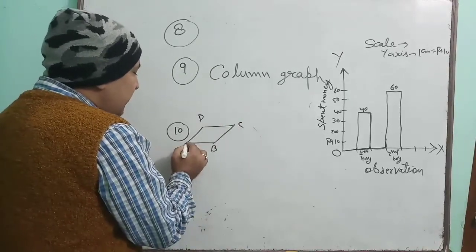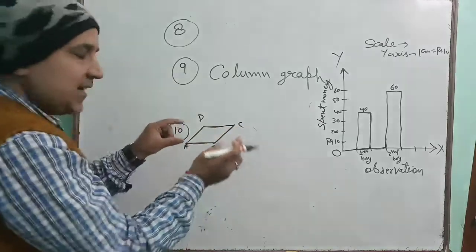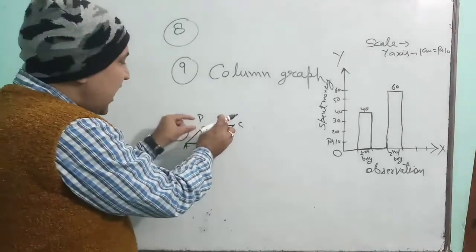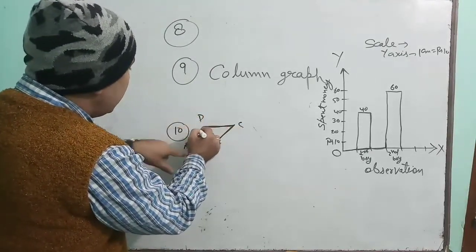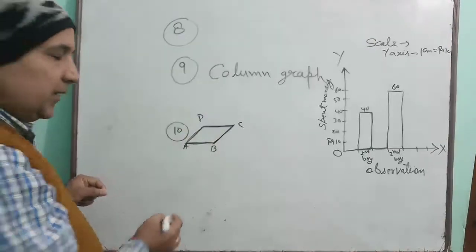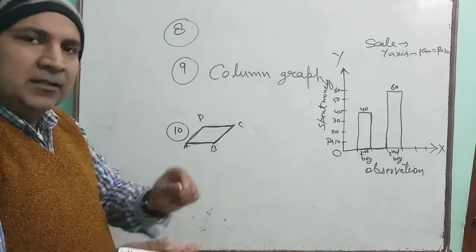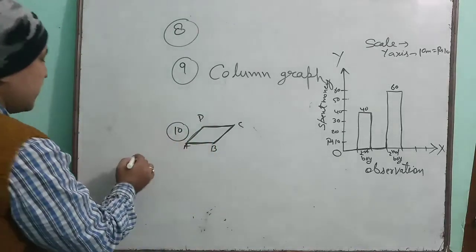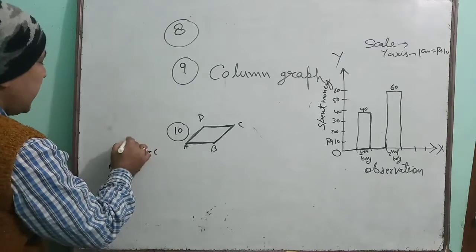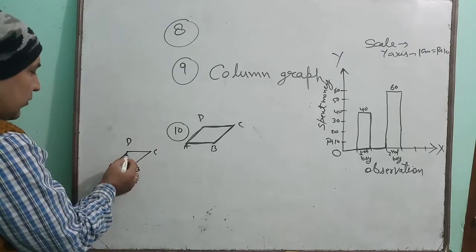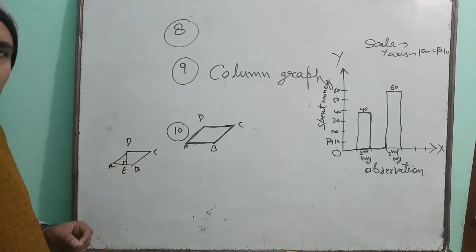With the help of a pencil, draw this parallelogram. Suppose here I have put that piece. After putting it, with the help of a pencil, you will draw its shape and then you will remove the paper and name it A, B, C, D. Understood? Then on that paper sheet, suppose this is your paper sheet, from D you will draw a perpendicular. Suppose this point is E.